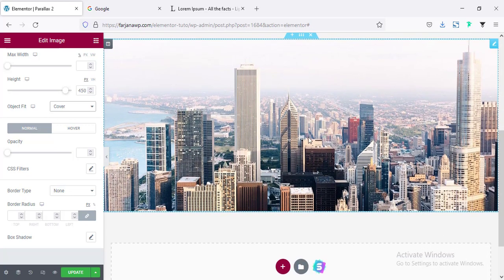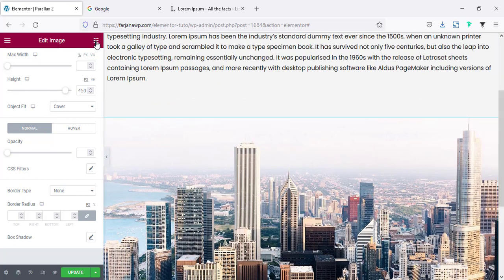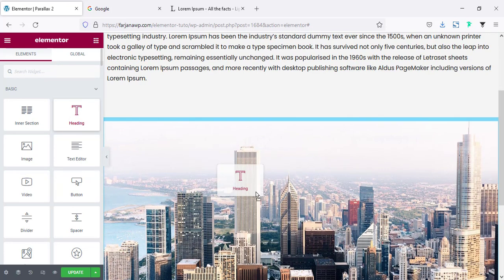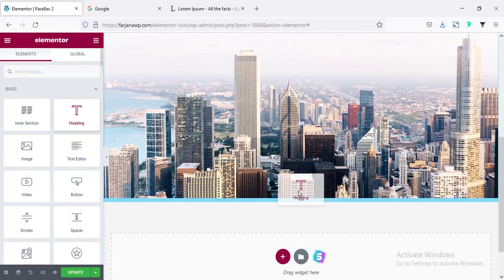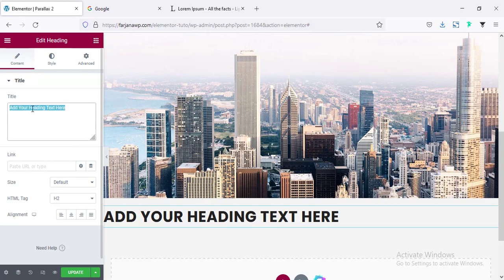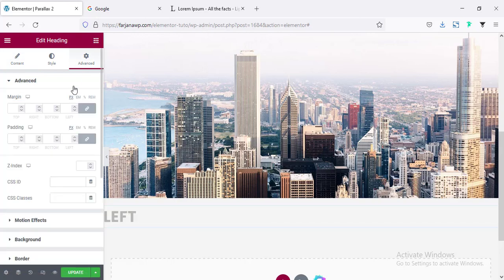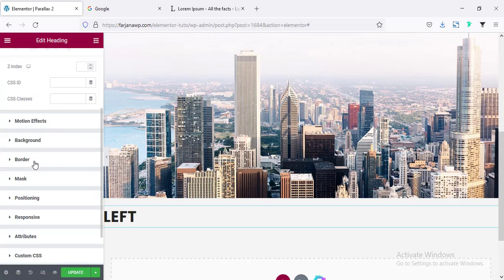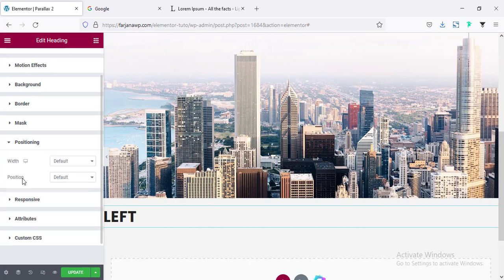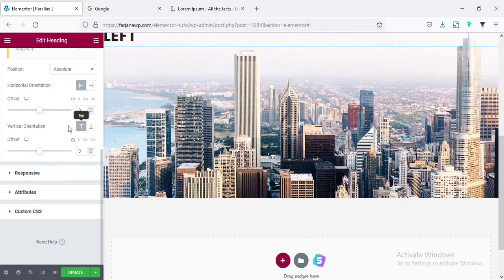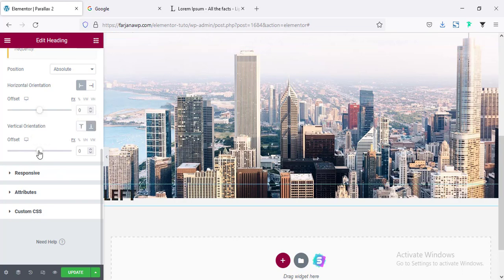Alright, and now above the image I am taking a text. So for that, again going here and I am taking a heading below this image, and here I am changing this text to left, and going to advanced tab, going to positioning, and from here position I am making it absolute, and setting it to the bottom, and offset making it to the %, and now